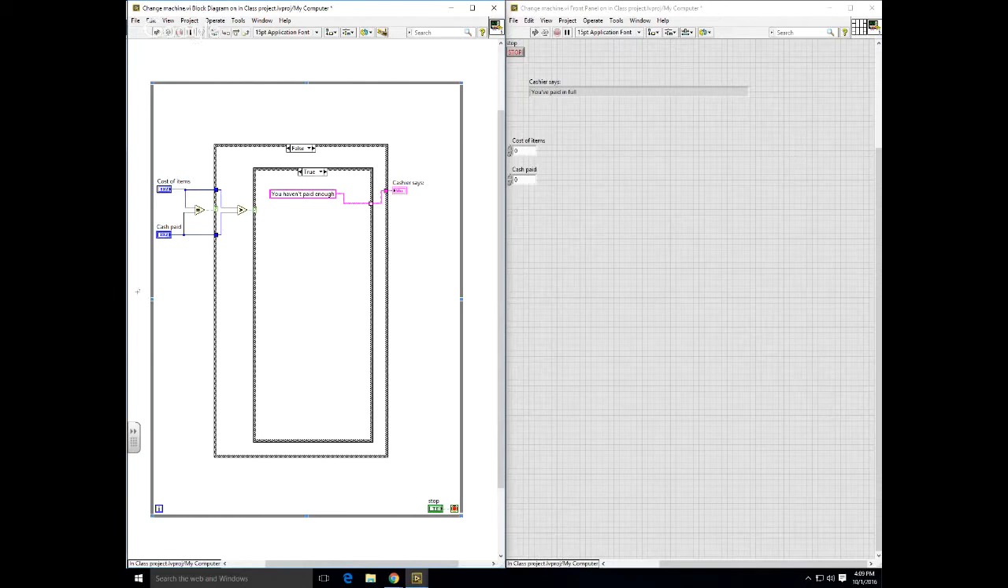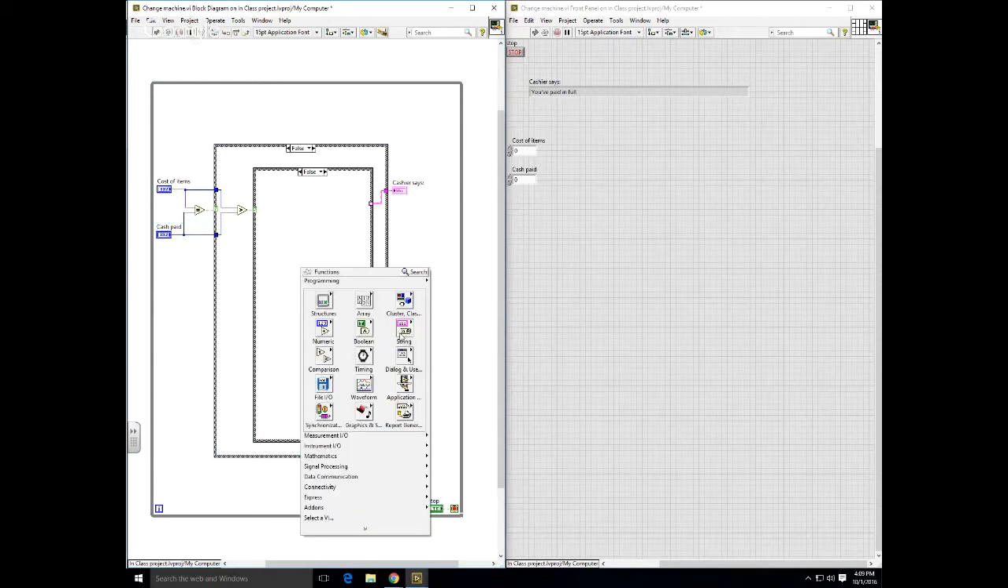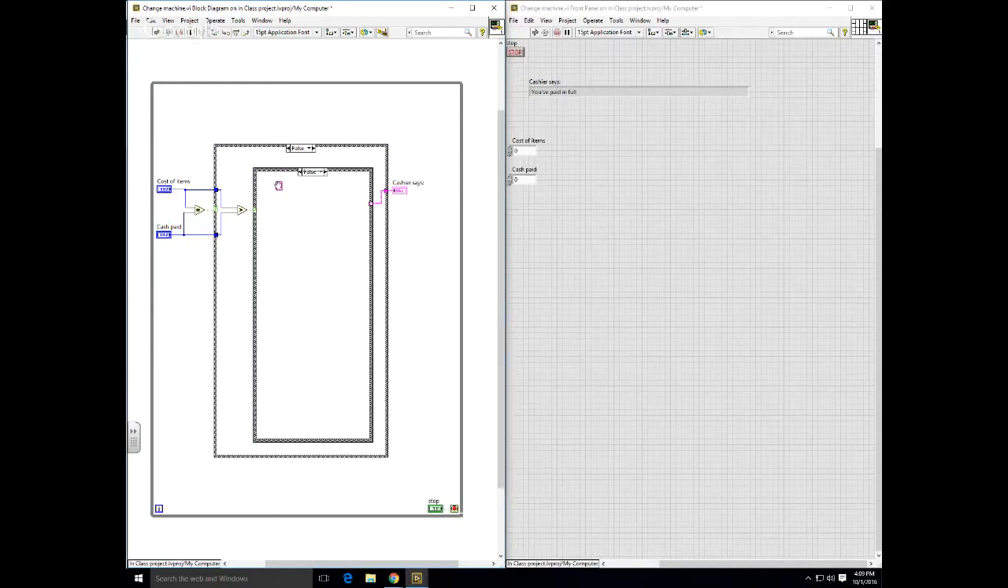All right, so he's almost there then. Okay, so then go to false. Say, okay, since your cash paid is greater than your cost of items, string constant, your change is